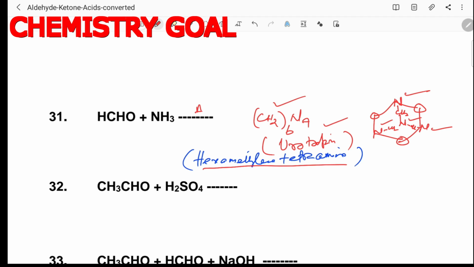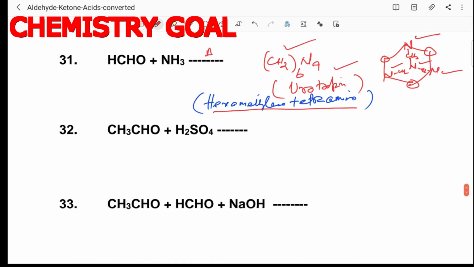This is the cyclic structure, a cyclic hexagon having nitrogen at 3 corners, and in the middle also 1 nitrogen. Then between nitrogens a methylene group is joined. In each nitrogen at the corner, 3 methylene groups are joined. So 3 methylene at the center and 3 methylene at the corners, a total of 6 methylene. Hexamethylene tetraamine: because the amine derivative has 4 nitrogen, it is called tetraamine.